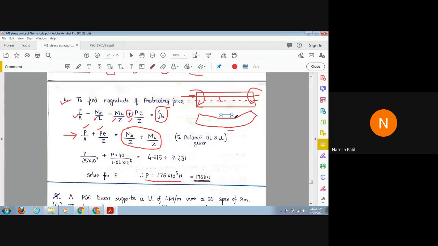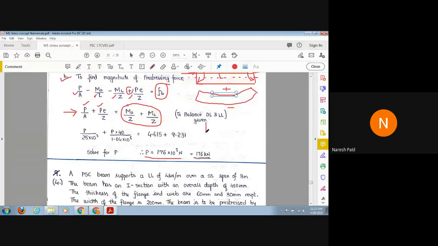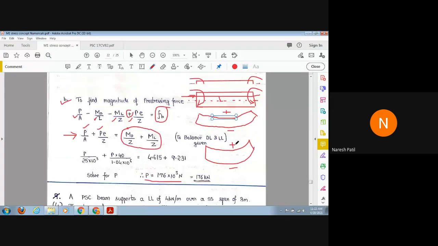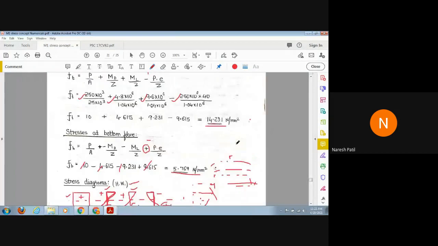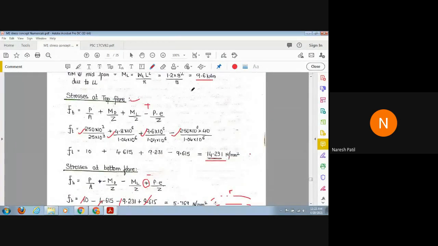So due to the pre-stress it will be like this. Here we have plus and minus, and due to load how will it bend? It will sag only. So it will be plus and minus, because top is compression plus, bottom is tension minus. So what is the change in the equation? See, the first equation, I'll try to draw here once again. This is due to load, and due to pre-stress also it will bend downward. So load plus minus and even due to pre-stress it will be plus minus.